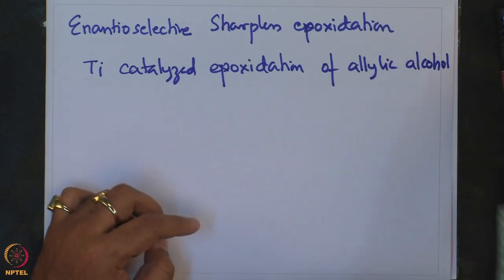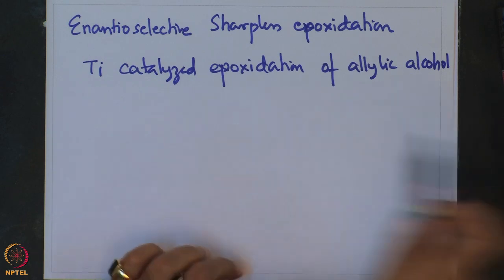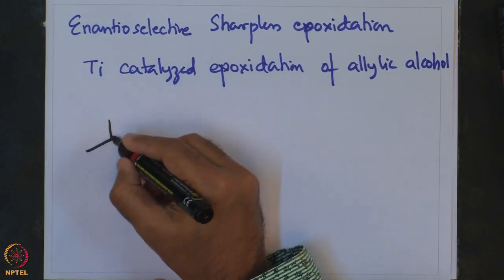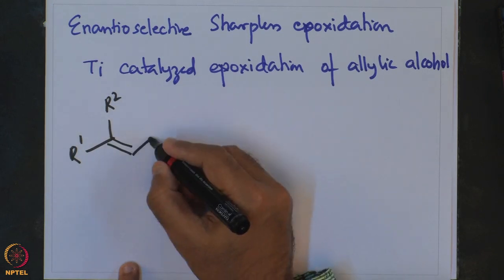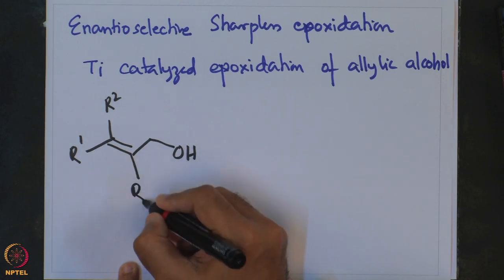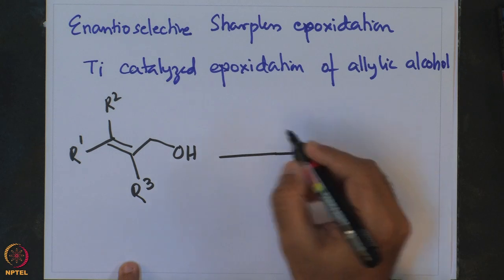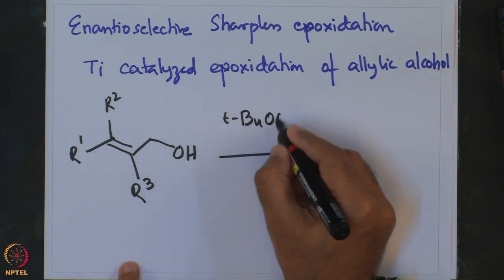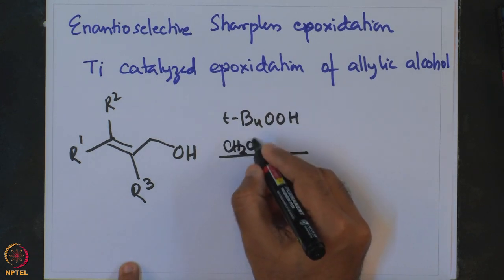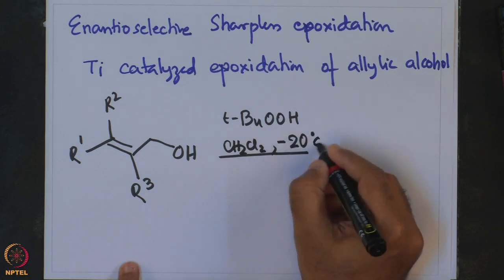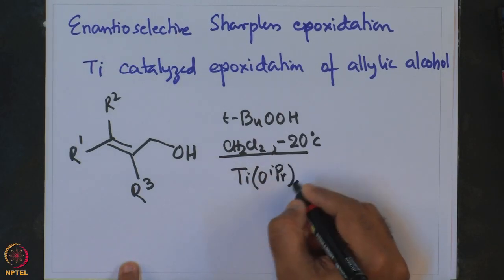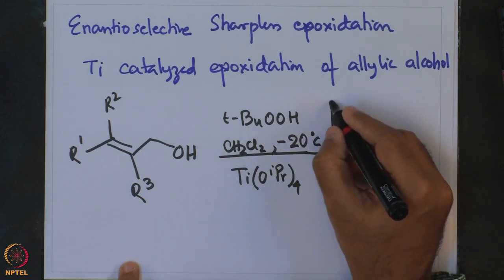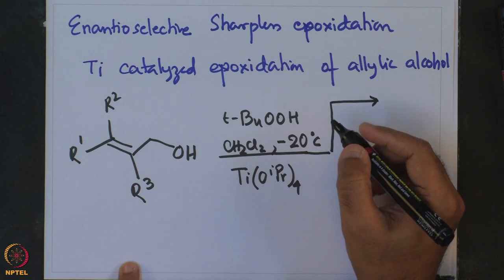And this is beautifully represented by this example: R1, R2, OH, R3, tert-butyl hydroperoxide, CH2Cl2, 20 degree centigrade, and this is catalyzed by titanium tetraisopropoxide, and the reaction in presence of a diethyl tartrate